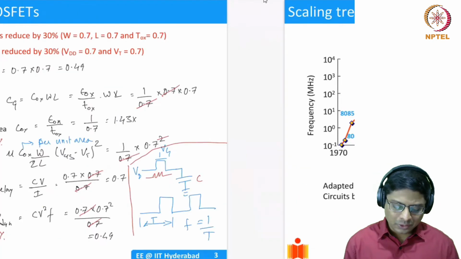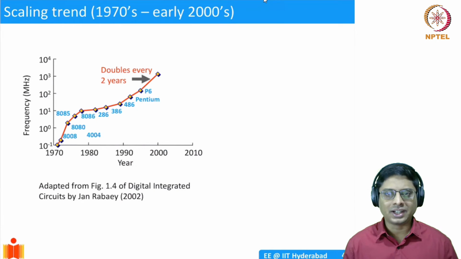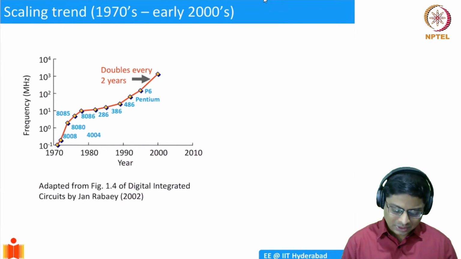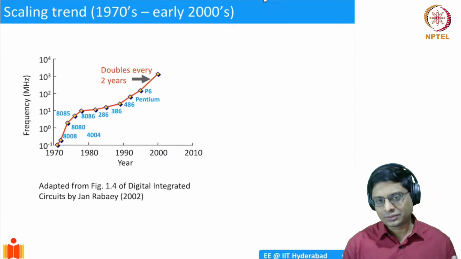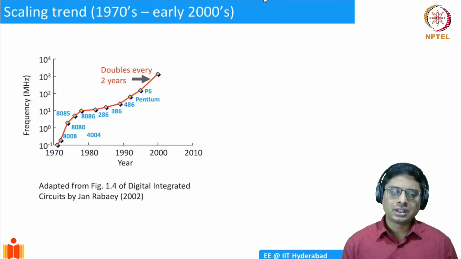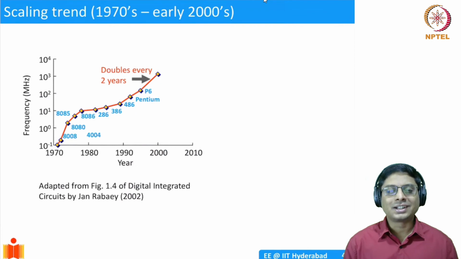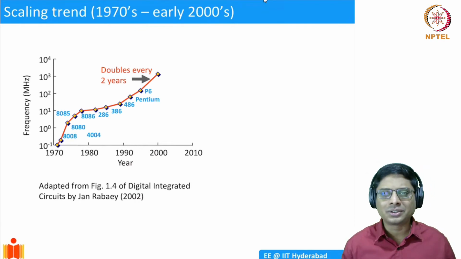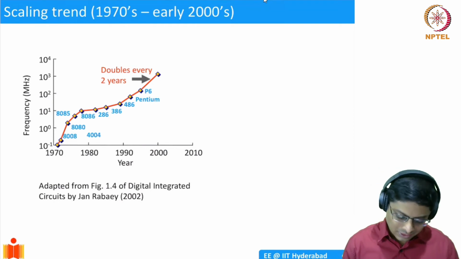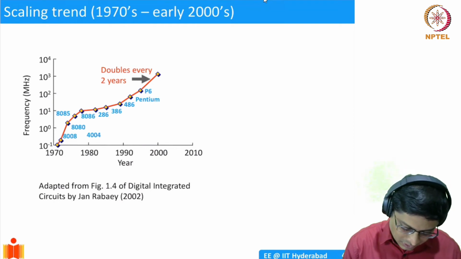Okay. So if you look at the impact of scaling in the 1970s and 80s and even early 90s, that is captured in this graph. So what you're seeing is basically the frequency of a microprocessor over the years from the 70s to 2000. Okay. And many of you may not even know or remember that in the 80s or even 70s, the frequency of the processors was basically a few megahertz. 80s, it was hundreds of megahertz. So the 286 processor was having maybe 200 megahertz or 100 megahertz or so. Let's see. So here, 286 processor, which is one of the popular.